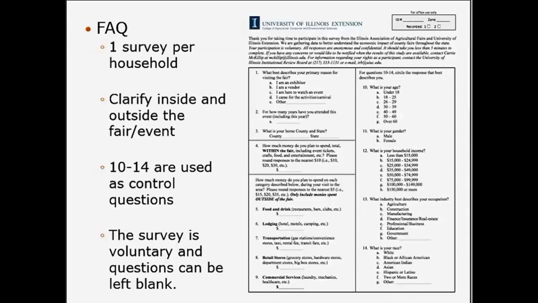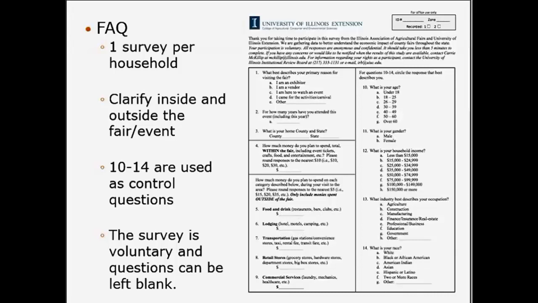If people aren't comfortable sharing that with you or sharing that with the survey, one thing, again, to remind them is any of these questions can be left blank. If we feel the survey is not useful with some certain questions blank, we will just simply ignore it. But they are not required to answer every question in order to hand in the survey. But that's the reason we're asking that specific question, is because it holds a different economic impact than those who might be coming from a neighboring county.